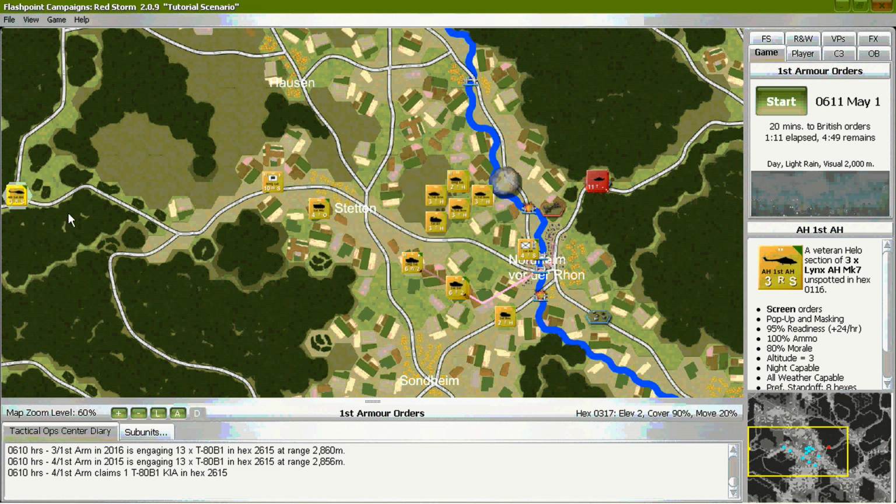Right-click on the helicopter and plot a deliberate move to the hex just behind Squadron Headquarters 1st Tanks.